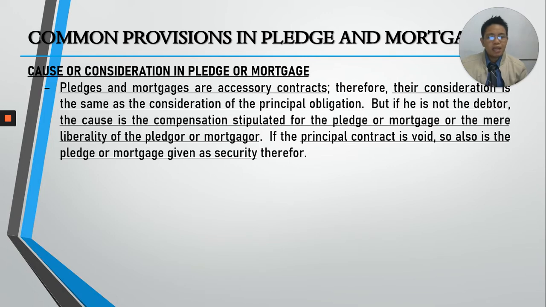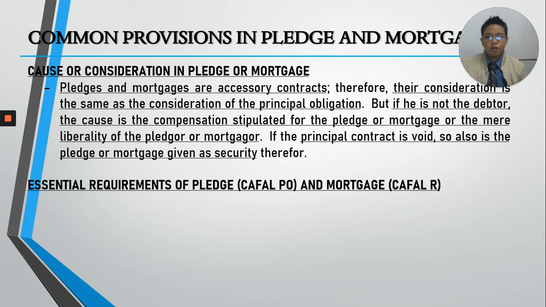Or pwede namang mabait lamang talaga yung pledgor or mortgagor. They are trying to help out the debtor by subjecting yung property nila to an encumbrance para nga naman masecure yung utang ng debtor na ito. Malamang-lamang, tiwala sila na makakabayad itong debtor, kaya willing sila na isangla yung kanilang sariling property. So, take note also that obviously if the principal contract is void, the pledge and mortgage is also void because of the principal, accessory follows principal. So, kung ang principal mo is void, accessory is also void.